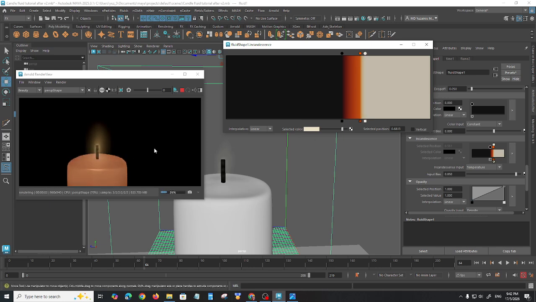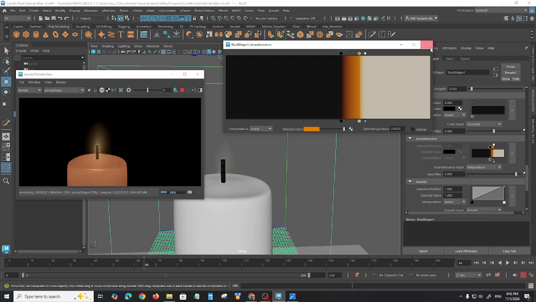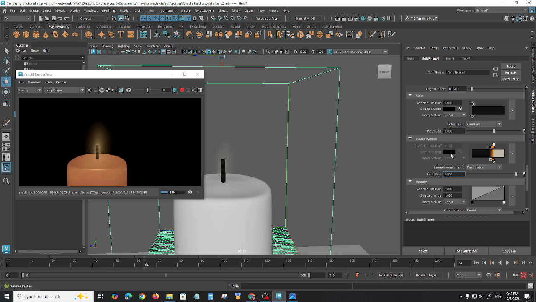Okay, start to look interesting. Okay, going to tone down the orange color a little bit. Okay, so we can close this, and next one,